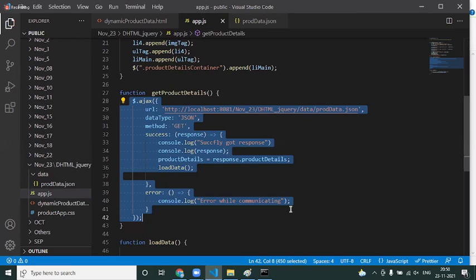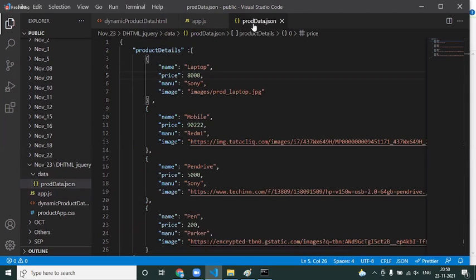Now, the first question is where you are getting the web service URL. As we are still in the front end, we don't know how to hit a server or how to create a web service URL. We haven't reached that topic. So instead, I'm creating a simple external JSON file.